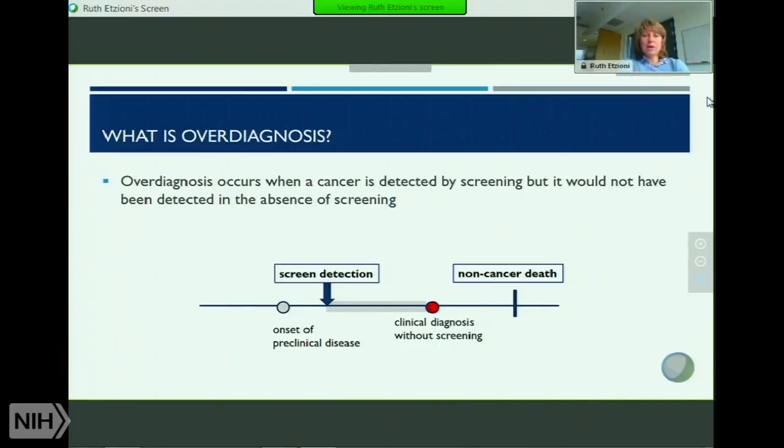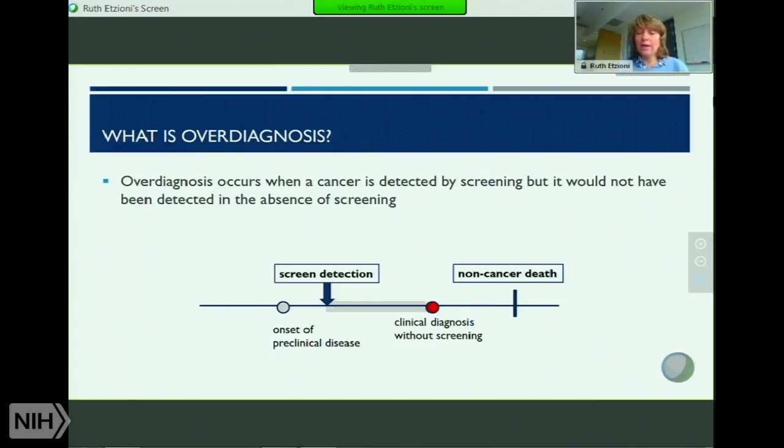All right, let's talk about overdiagnosis, the concept of overdiagnosis. And I'll talk about it particularly, of course, in relation to cancer screening. There are different definitions of overdiagnosis, but the one that is most commonly used and the one that we will use today is the following. An overdiagnosed cancer is a cancer that's detected by a screening test, but would not have been detected in the